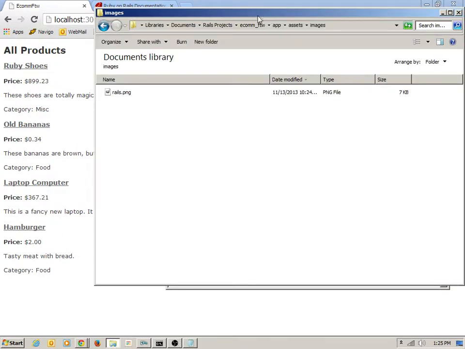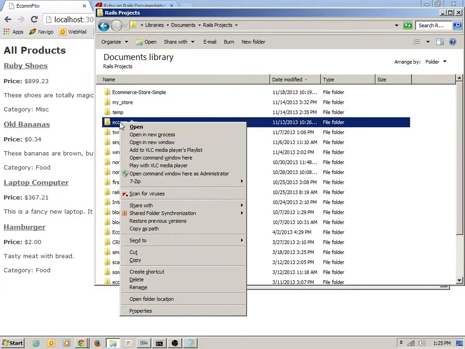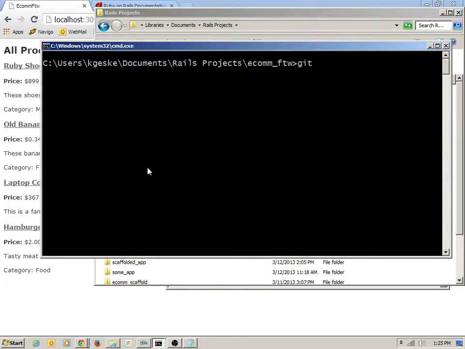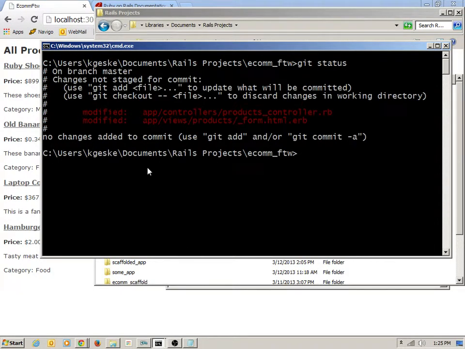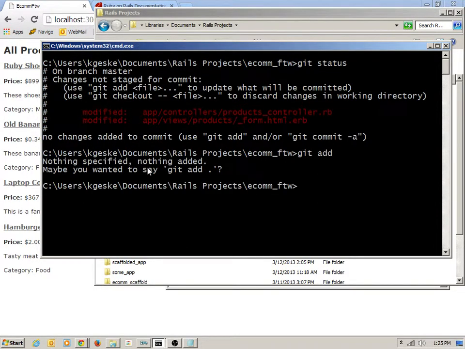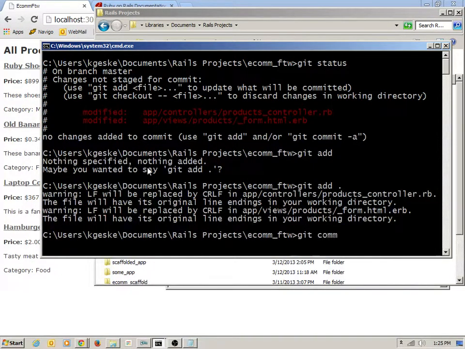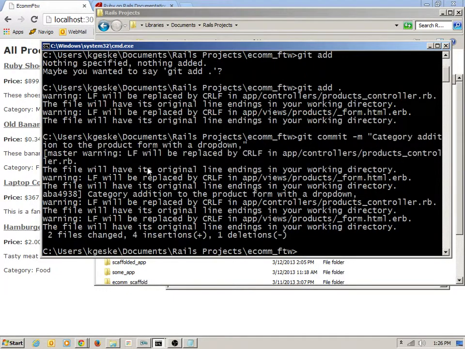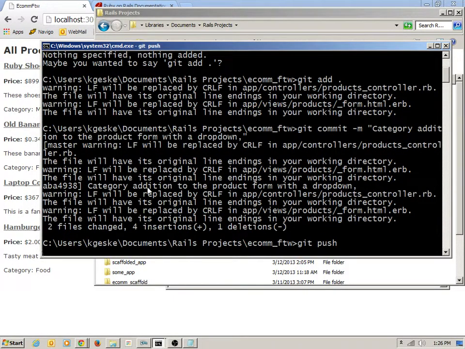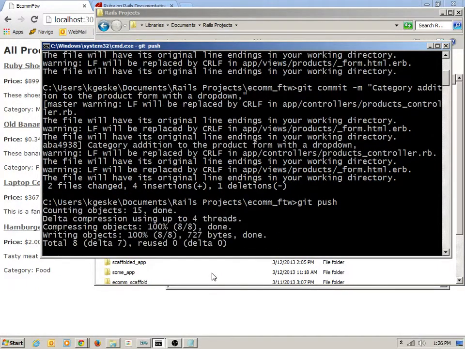So that means I need to open up another command prompt here, and I'll just make sure that everything is added to Git before I begin. Category addition to the product form with a drop down. Okay. So once I push this, I'll run my migration command, which is